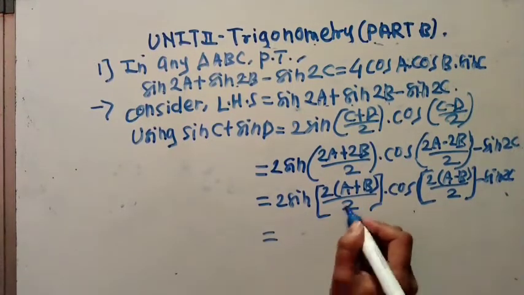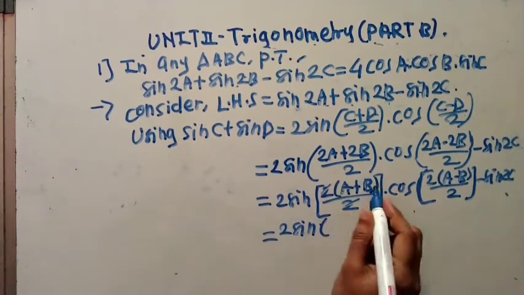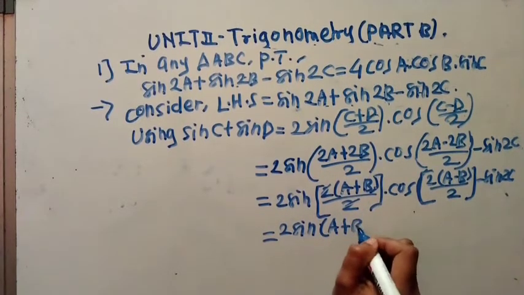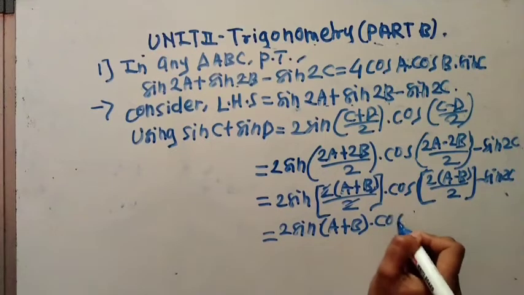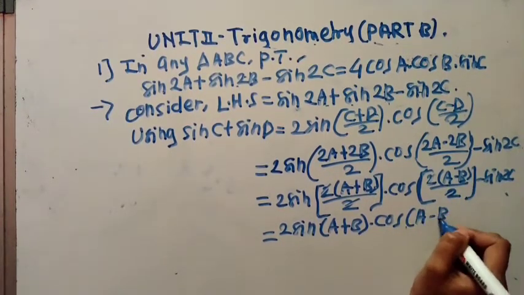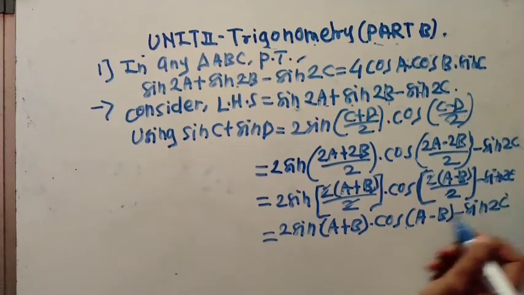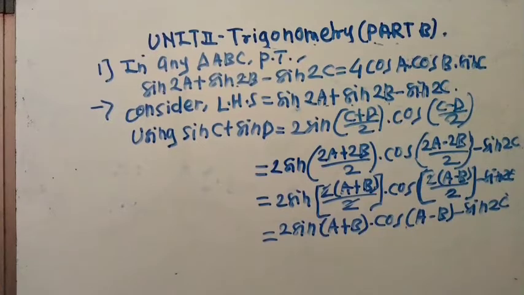Then 2 and 2 cancel, hence is equal to 2 sin (A plus B) into cos (A minus B) minus sin 2C, and which is equal to,